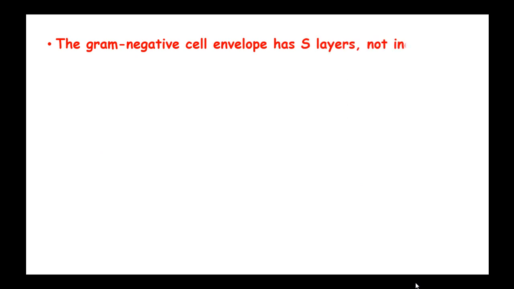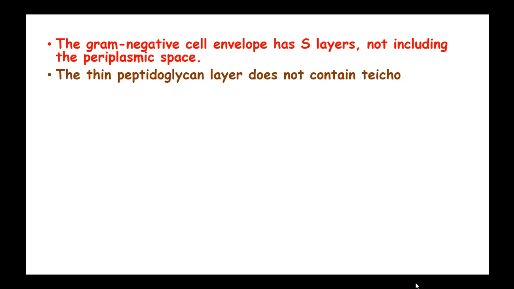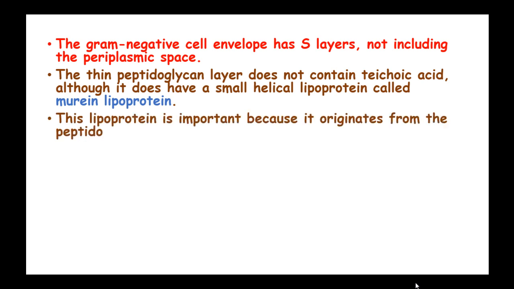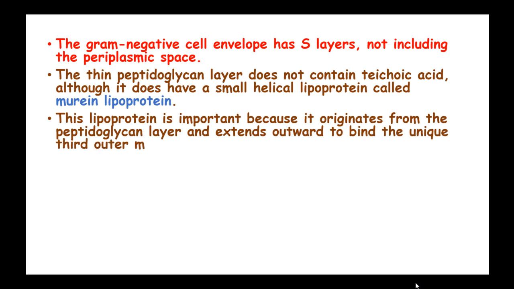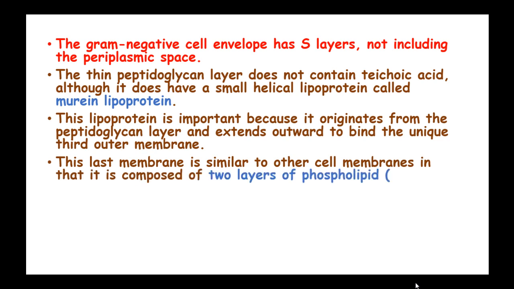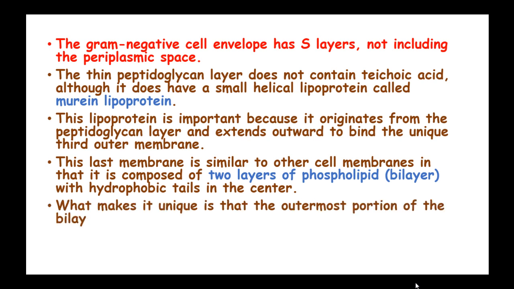The gram-negative cell envelope has 3 layers, not including the periplasmic space. The thin peptidoglycan layer does not contain teichoic acid, although it does have a small lipoprotein known as murein lipoprotein. This lipoprotein is important because it originates from the peptidoglycan layer and extends outward to bind the unique third outer membrane. This last membrane is similar to the cell membranes in our cells, that is, composed of 2 layers of phospholipid bilayer with hydrophobic tails in the center. What makes it unique is that the outermost portion of the bilayer contains lipopolysaccharide or